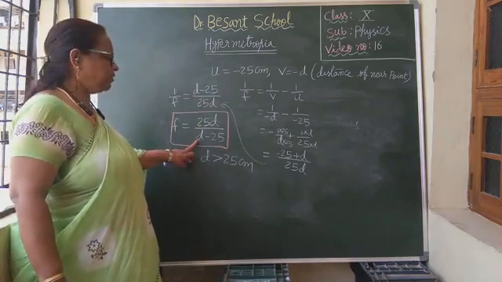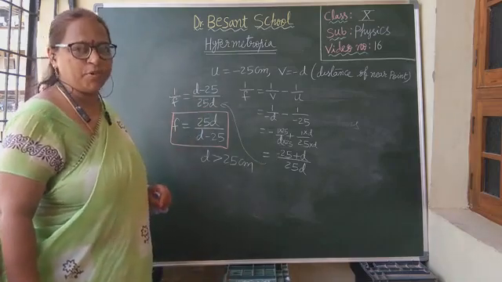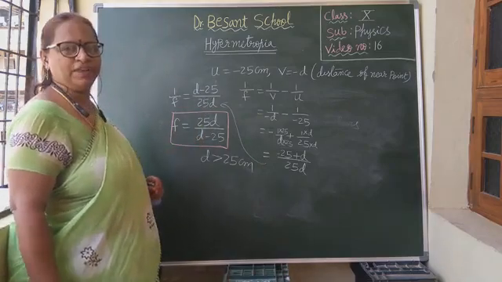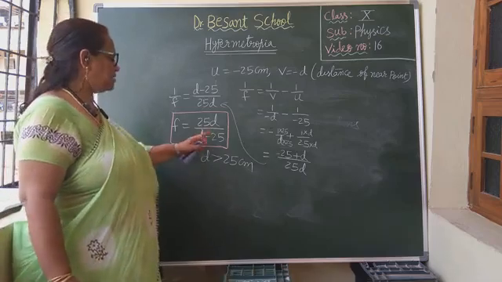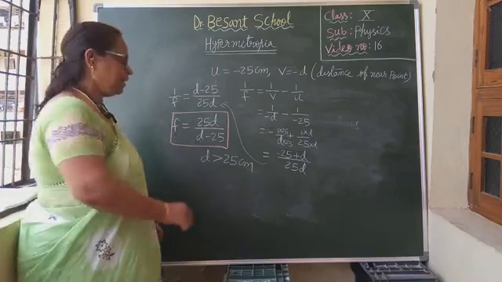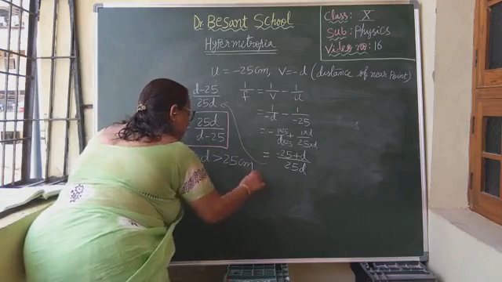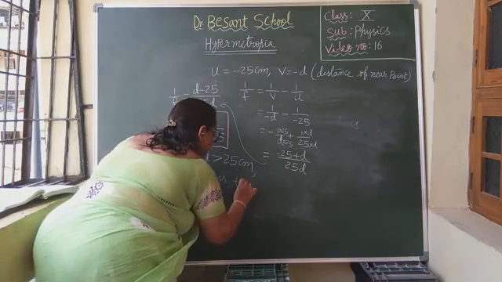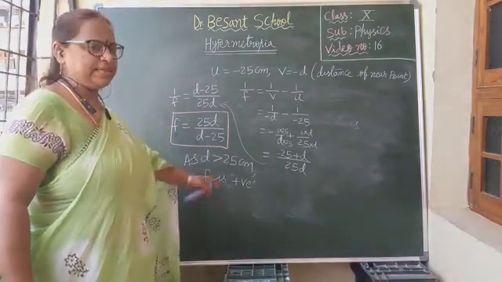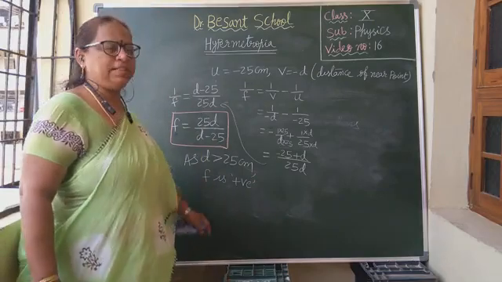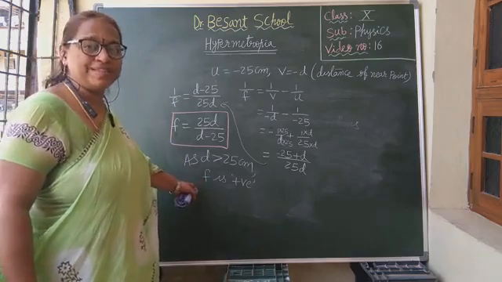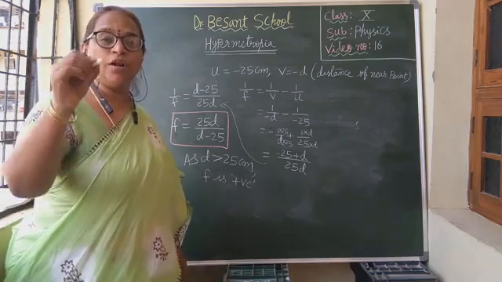So when d is greater than 25, automatically the f value will become positive, or not? Suppose here d is some 35, then 35 minus 25 will be 10, or 30 minus 25 will be 5. So you are getting a positive value of f only. It will never be negative. As d is greater than 25 centimeters, the focal length will definitely be positive. So this positive focal length represents that the lens used is a converging lens.